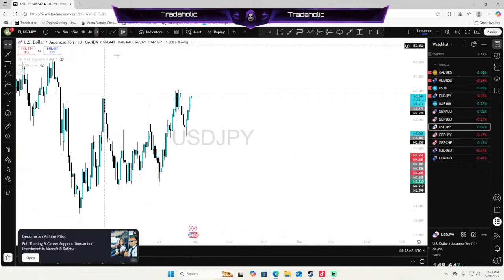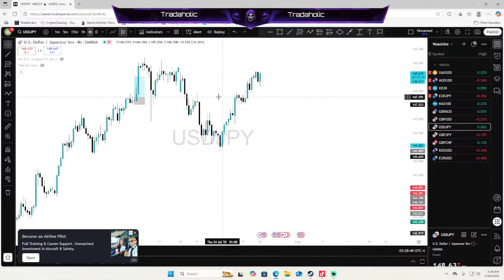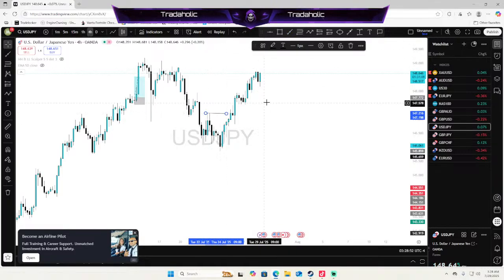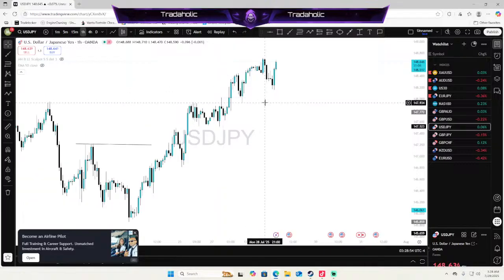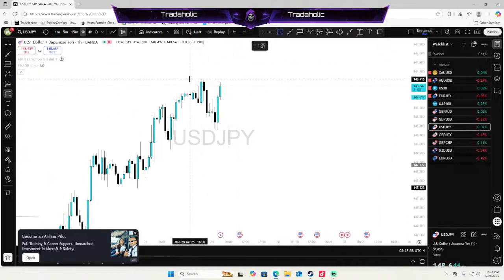Let's look at USD JPY. Daily time frame bullish. We just had a retracement. Now we're looking at a trend continuation on the daily time frame. Let's go to 4 hour time frame. 4 hour time frame is bullish as well as we broke above these highs right over here. Looking at a 1 hour time frame, we're bullish as well on this time frame as well. So we're overall bullish on UJ.